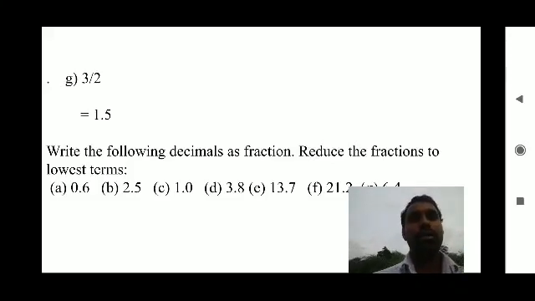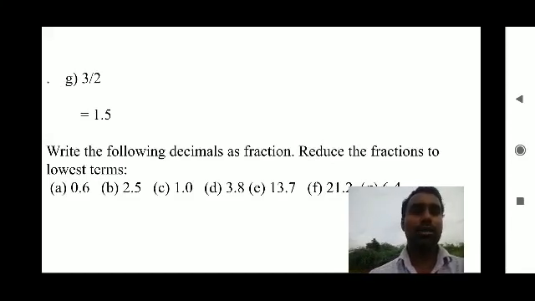So 3 by 2 means 1 2s are 2, remaining 1. If I make 1 point, means I can add 0 next to 1, so that means 10 will come. So in 10, how many 2? 5 2s are 10, so 1.5 will come. Okay, simply you have to divide, and from the remainder you are getting, you can add 0 once if you put a decimal point in the quotient. Okay,